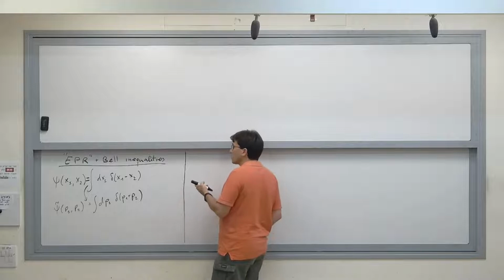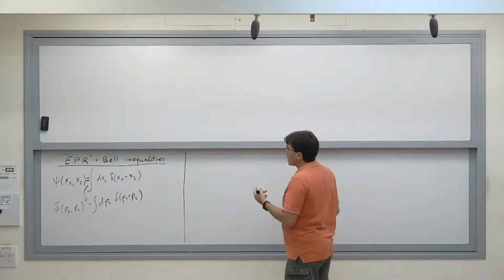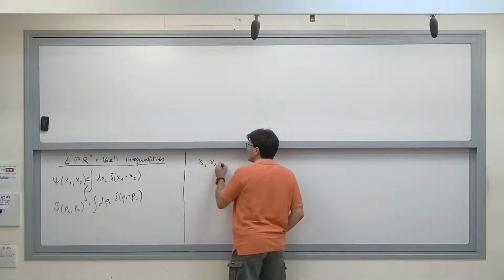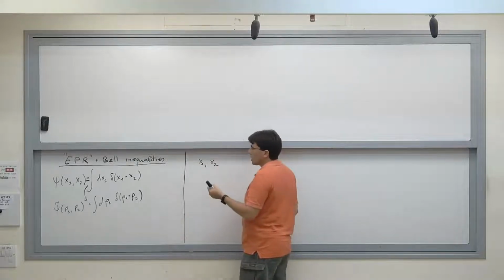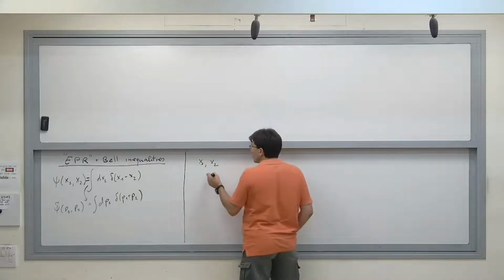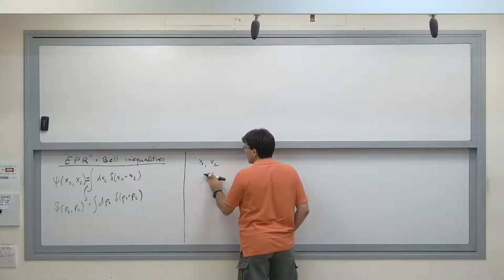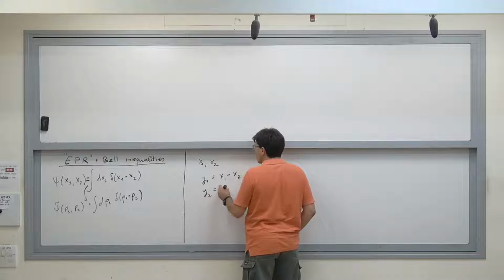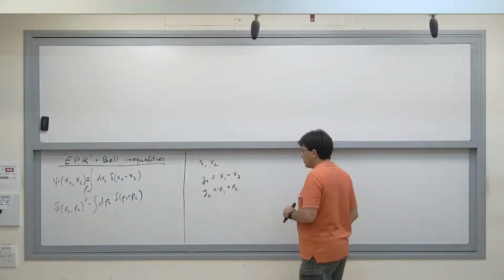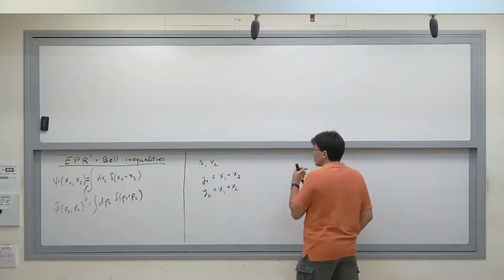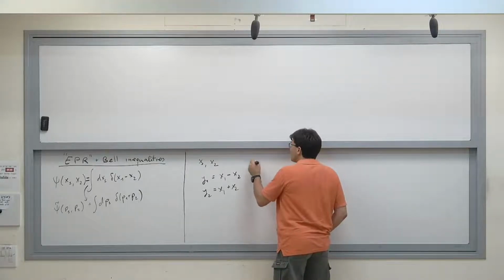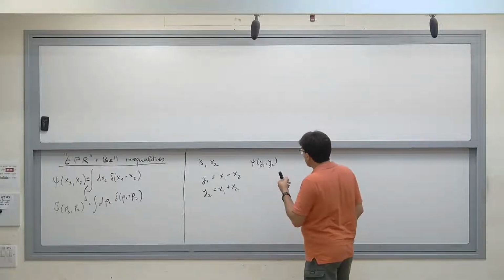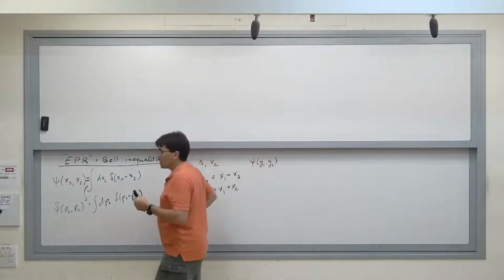Let's think of this in some other way. When I talk about two variables, I can talk in terms of x1 and x2, or I can talk in terms of the sum and difference. Let's call this y1 equals x1 minus x2, and y2 equals x1 plus x2. And under these, of course, the state is